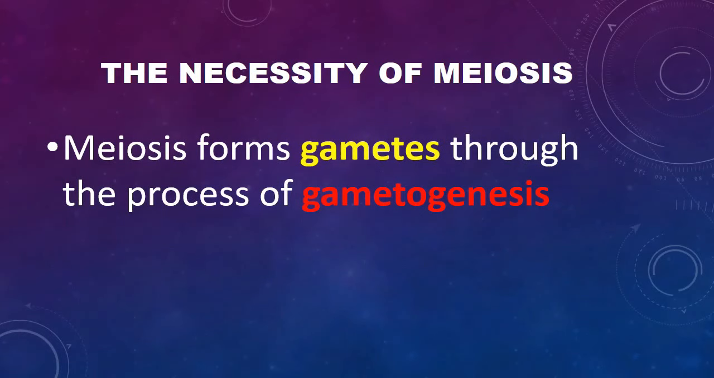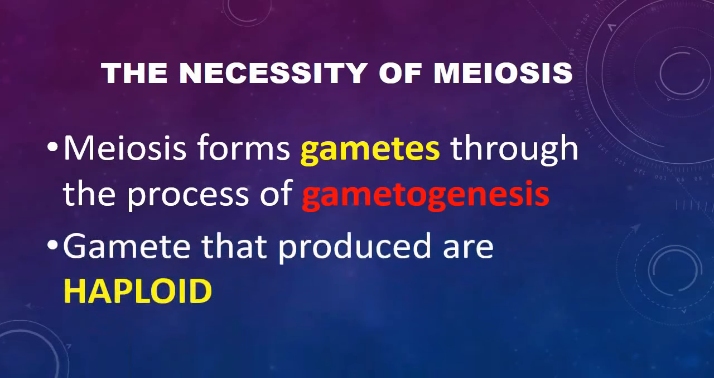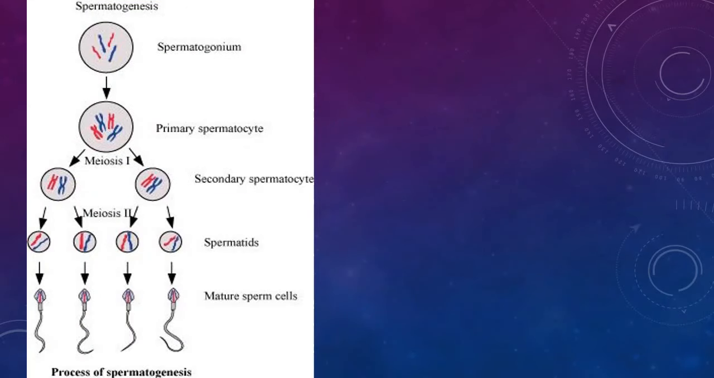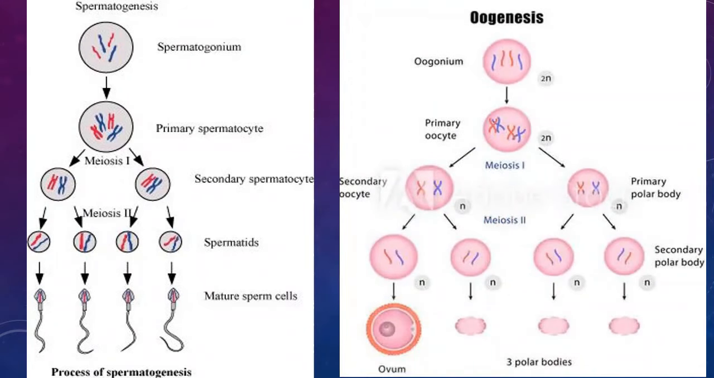Meiosis forms gametes through the process of gametogenesis. The gametes that are produced are haploid, which means they have half the number of chromosomes of the parent cell. The process of sperm formation, we call spermatogenesis. The process of ovum formation, we call oogenesis. So you can see from the diagram,